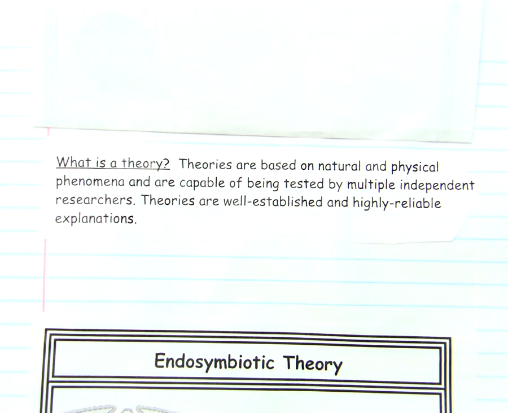But our definition of theories, when we use that word in science, we are talking about things that are based on natural and physical phenomenon and are capable of being tested by multiple independent researchers. Theories are going to be well established and highly reliable explanations. So on